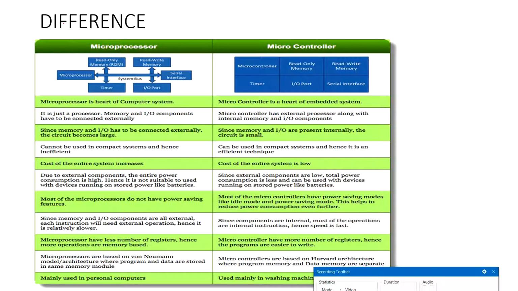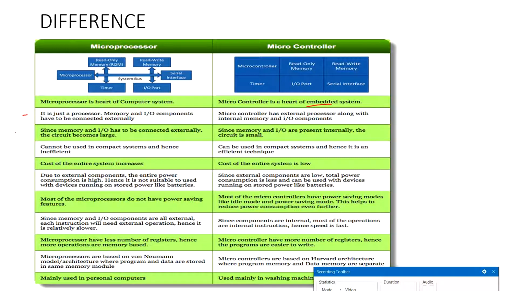Then the next part, which is the main point, speaks about the difference between microprocessors and microcontrollers. In the diagram you can see that in a microprocessor all components are connected externally, whereas in a microcontroller every component is on one board. This is the main difference, right? So the microprocessor is the heart of a computer system, whereas the microcontroller is the heart of embedded systems. That we should know. Normally the microprocessor is used in a computer system, so that's why it forms the heart of a computer system. Whereas the microcontroller is normally used in embedded systems, and it is just a processor.